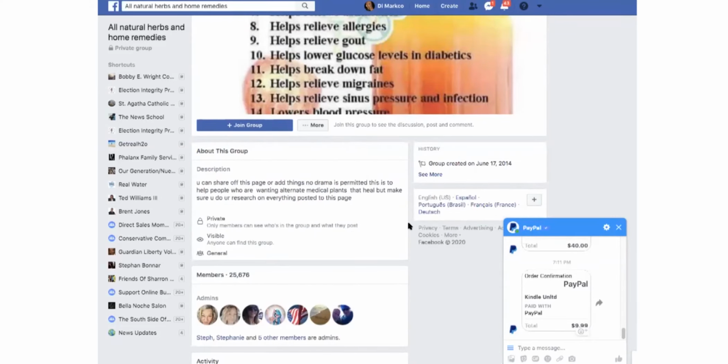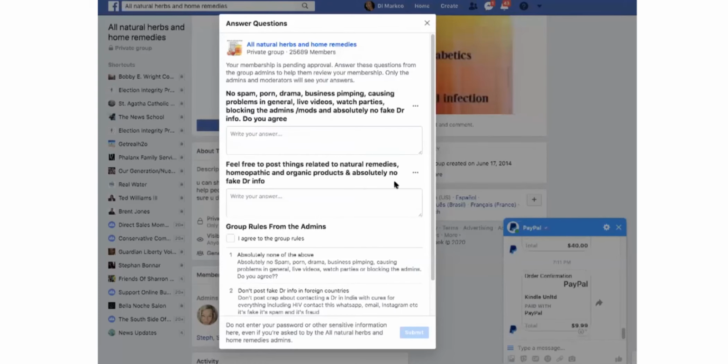So I want to join this group. Can't wait to join it. So let me go ahead and click join. There we go. It's going to ask me these questions. So no spam, porn, drama, business, pimping, causing problems in general, live videos, watch parties, blocking the admins, mods, none of that. Do you agree? And I'm going to say yes. Feel free to post things related to natural remedies, homeopathic and organic products, and absolutely no fake doctor info. Okay, so feel free. So yes,